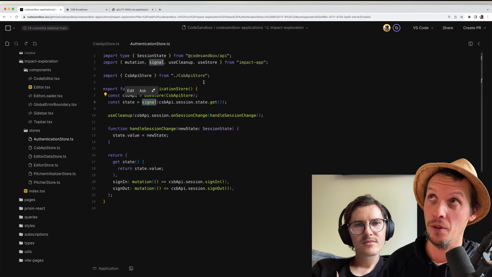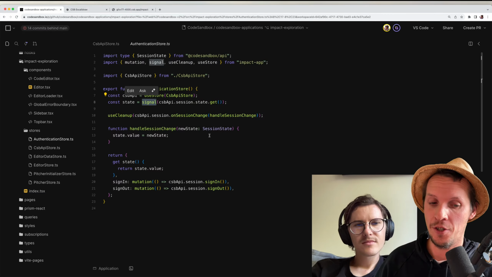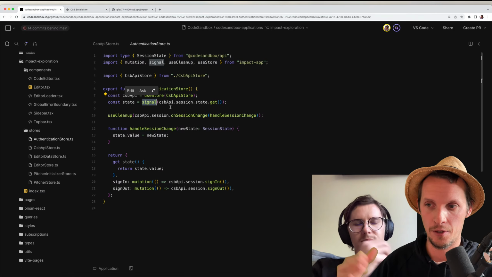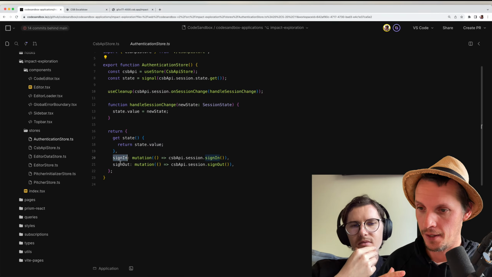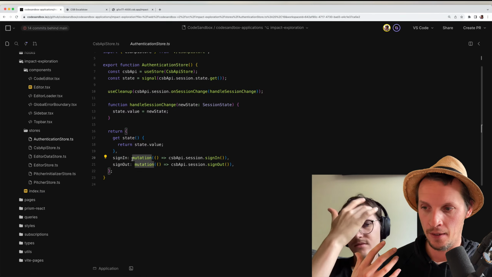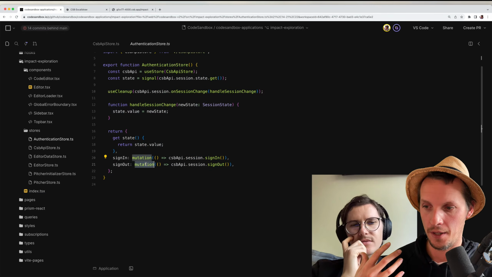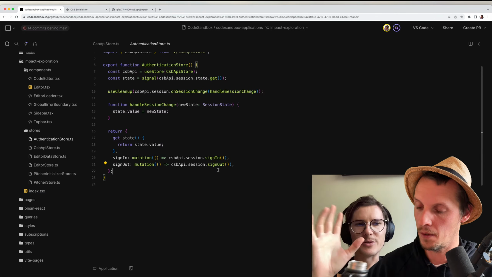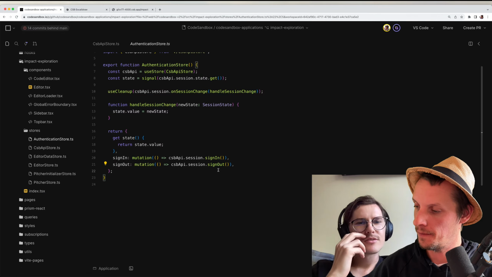It rather gives you a way to manage whatever state primitives you choose using these scopes and these stores. And then we have the sign in and sign out, and they are just wrapped in a mutation. So we're calling sign in with a mutation. So Impact introduces this new, can I say, architecture to consume